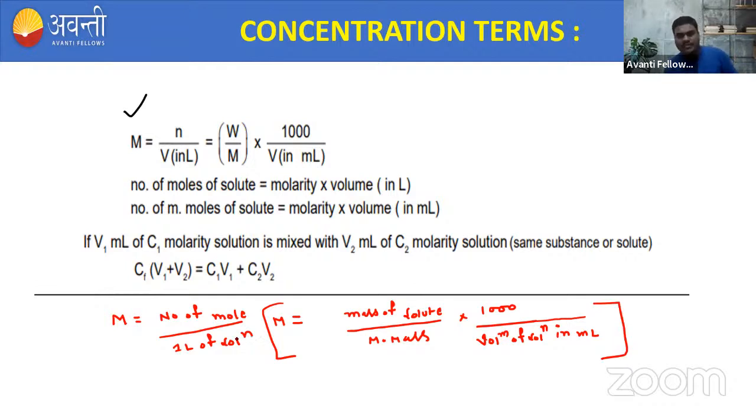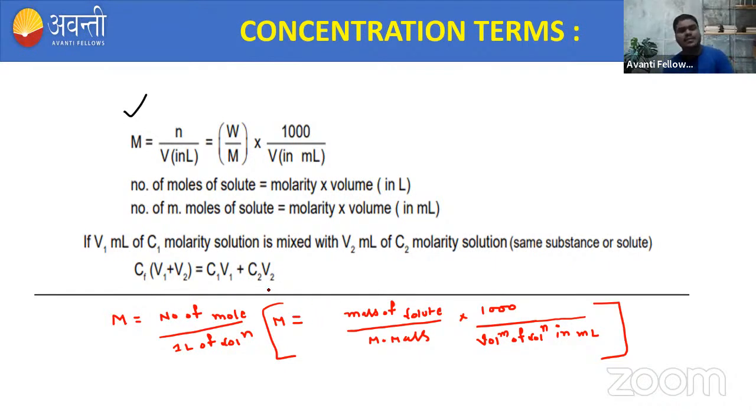या ये फॉर्मूला और ये फॉर्मूला दोनों सेम है बेटा, बस फर्क क्या है? जस्ट नंबर ऑफ मोल को हमने यहाँ लिख दिया है. Number of moles is nothing but equal to mass of solute upon molar mass, and here the volume is in liter only, because in questions generally the volumes are given in milliliters, so you have to convert this into liter. So we divide this term by 1000, right? So this is the volume of the solution in milliliter divided by 1000. So this is the complete formula for finding the molarity,